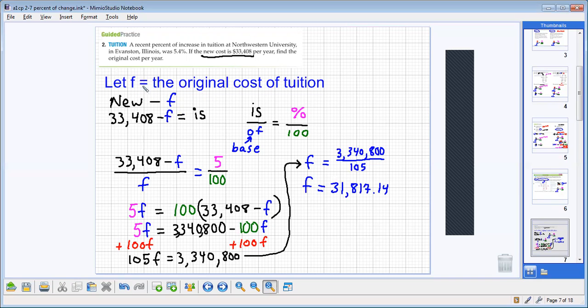But once again, we're trying to figure out what the original cost was. We saw a percent increase. We want to figure out what was that original cost. So we would need to represent that original cost as F. And we take 33,408 minus F, and that's going to represent